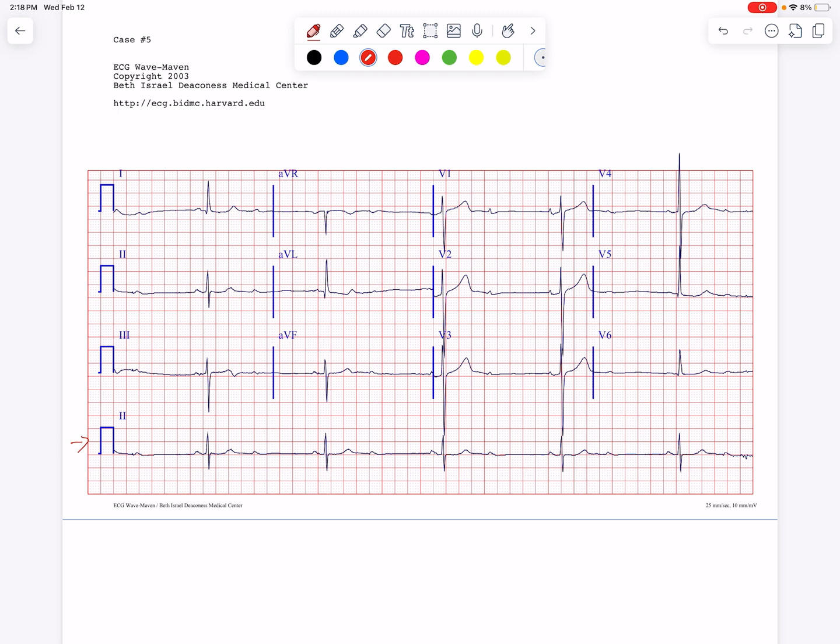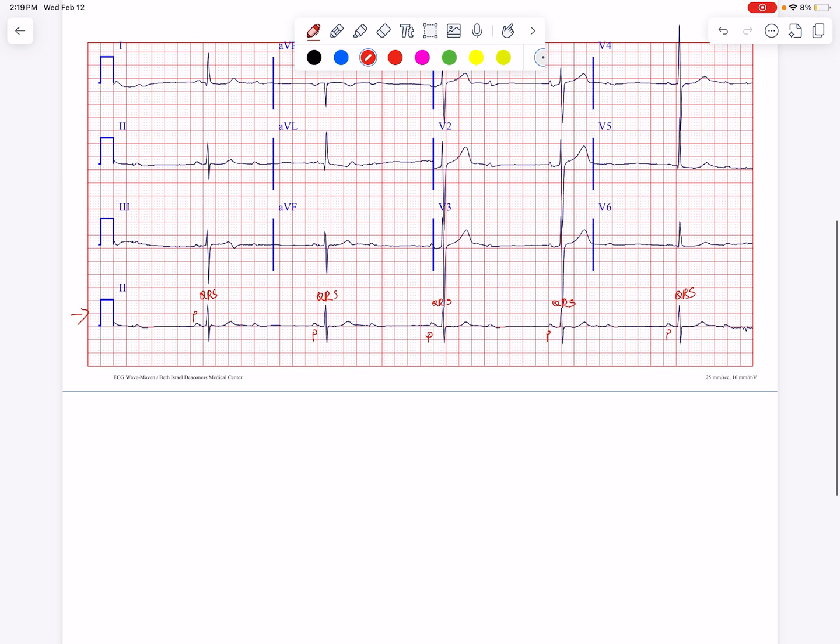I'm going to use that method to identify the P is over here and the QRS is here, P is here, QRS is here, P, QRS, P, QRS, and P and QRS. So basically the first question is asking for the